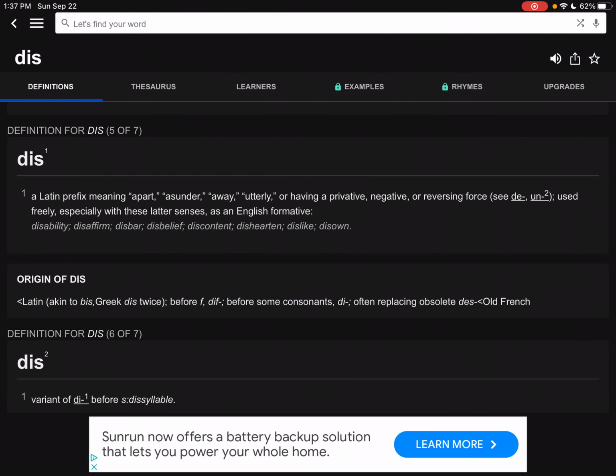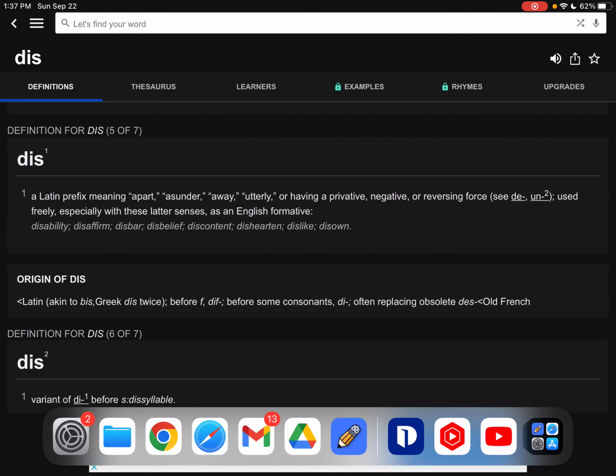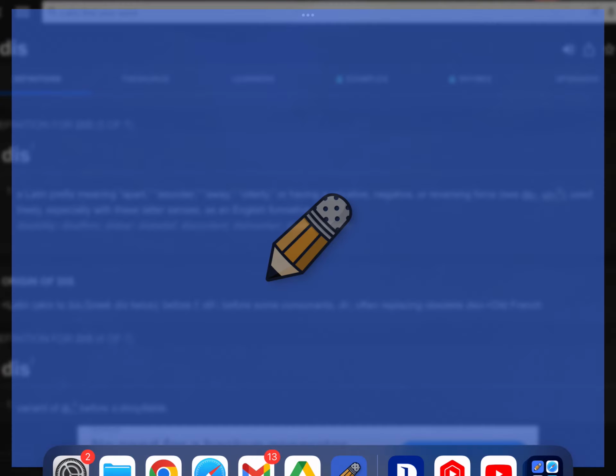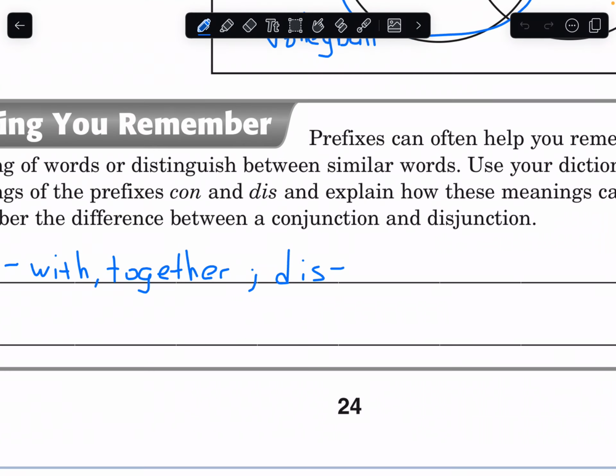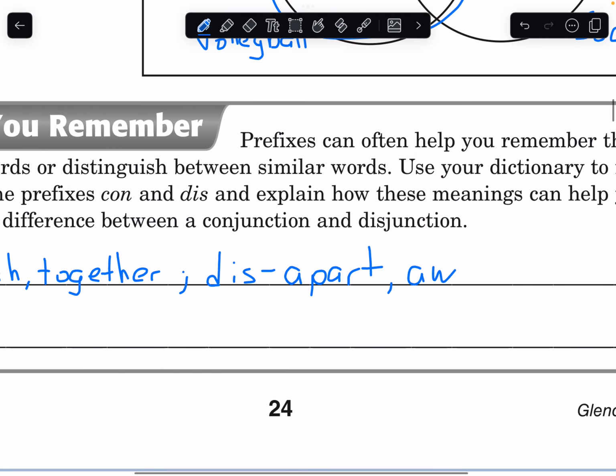Apart, asunder, away. Torn asunder. Okay, apart or away. Apart. Away. So conjunction